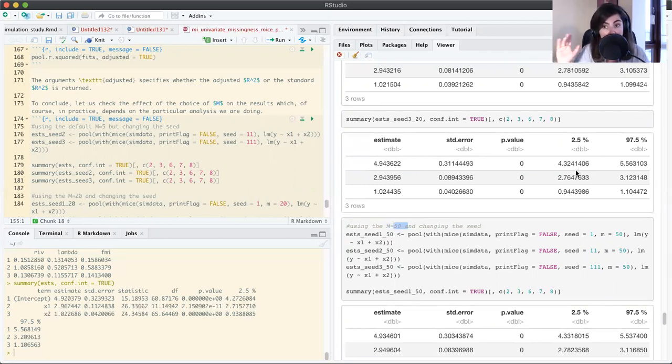So it's mice for univariate missingness, and we will finish next week with mice for multivariate missingness and some scenarios where mice might fail. Okay, thank you and see you next